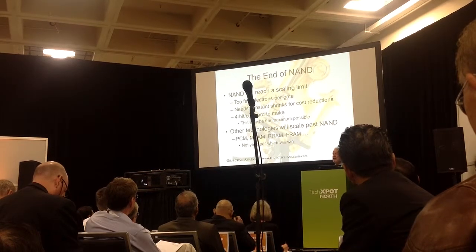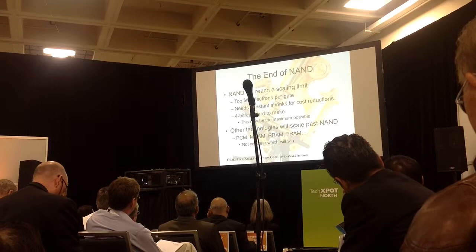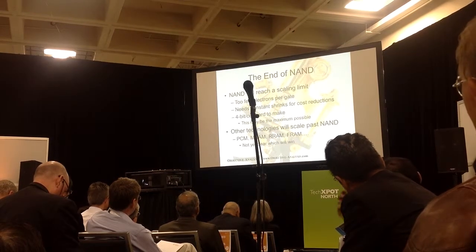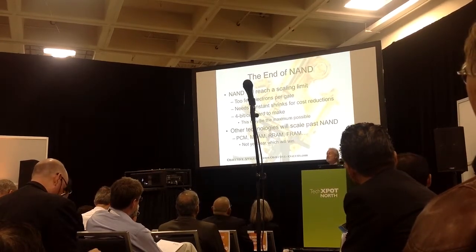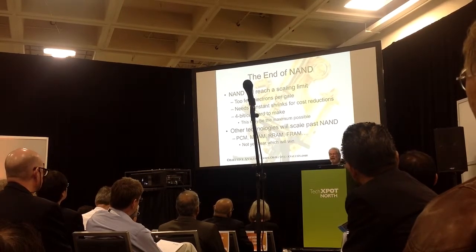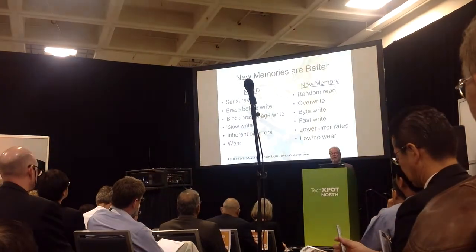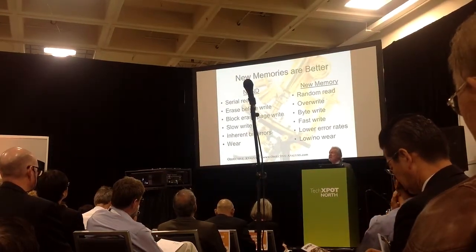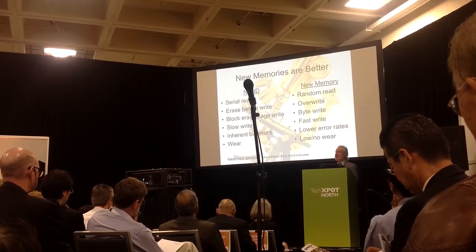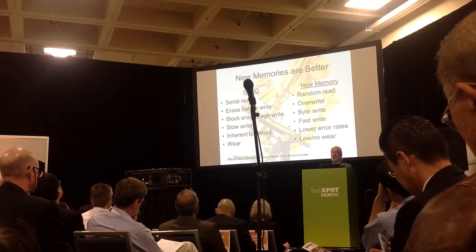And that's where these new technologies that everybody's talking about, PCM possibly, MRAM, RRAM, ferroelectric, even carbon nanotubes. One of them is going to have an opportunity to actually take over from NAND flash. But it's not clear which one, and that's because I'm expecting it to take a very long time. It's not that there isn't a technology advantage to using these things. All new memories are better than NAND flash.